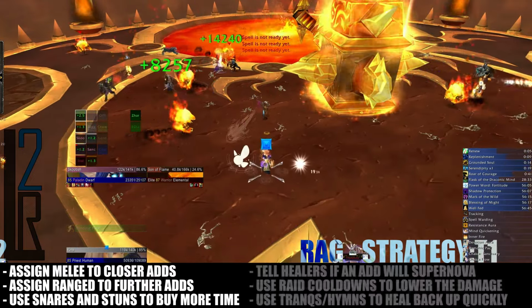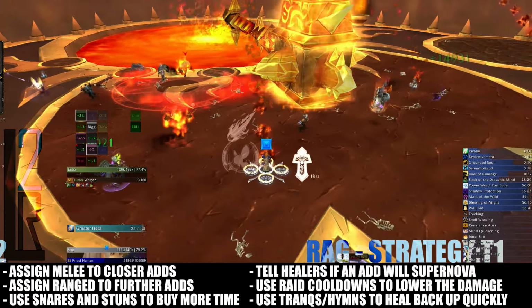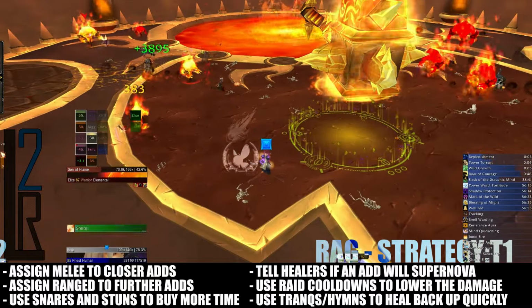If an add is about to reach the hammer and cannot be stopped, alert the healers and prepare to pop a raid cooldown such as Barrier, Spirit Link, or Divine Guardian. Do not hesitate to use a Tranquility